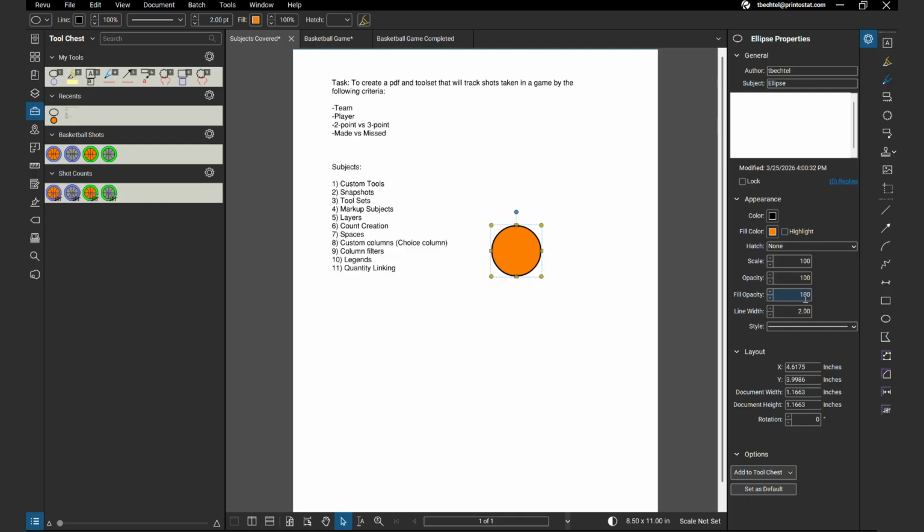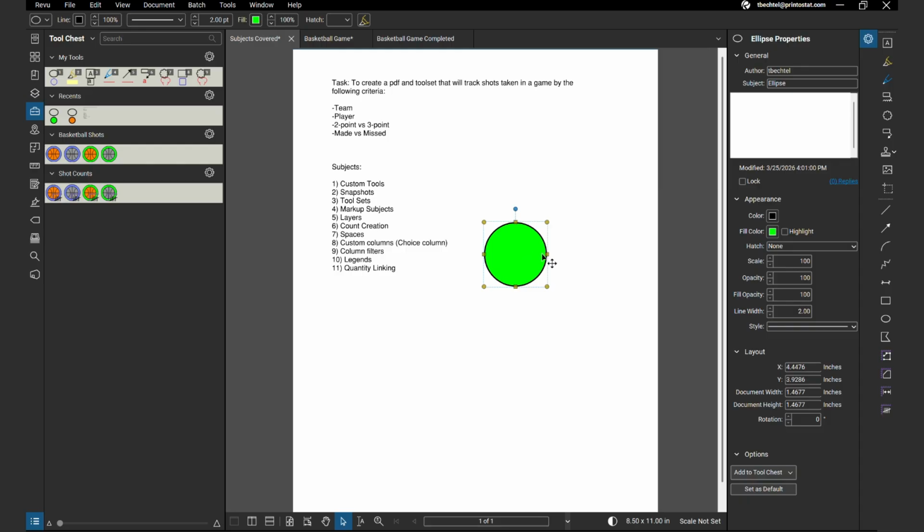Then for my border color, I'm going to make a slightly bigger circle around it, again holding the shift key for my perfectly roundness. I just want it to be a little bigger. I can move it afterwards. Again, giving it the black line work at an increased thickness. And I'm going to put the fill on this one to green. You'll see that's gone over top of my original basketball. That is